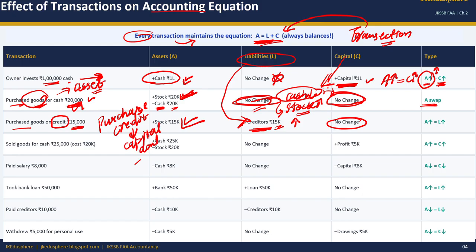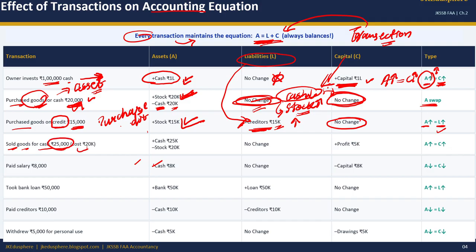Capital does not change, right? Capital doesn't change. This we have to remember. Then the asset also increases, but at the same time the liability also increases. The next thing that we have to see is goods sold for cash of